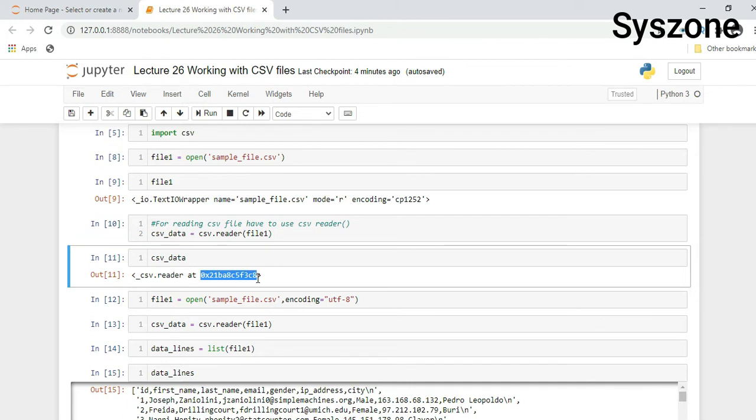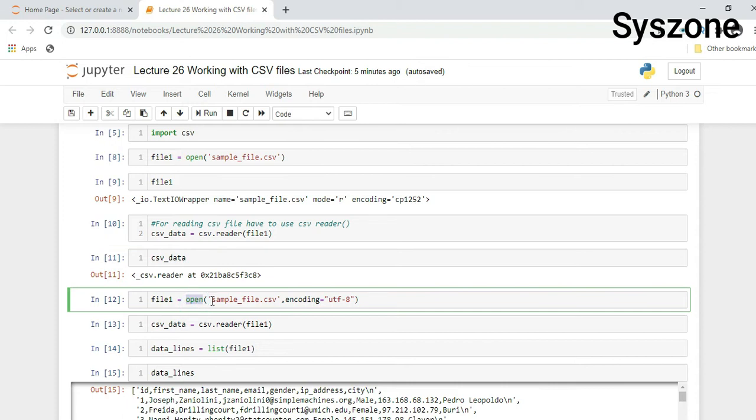Again we are seeing another parameter in the open function. We are opening a file, but here one more parameter is encoding, so encoding equal to UTF-8. It will open the file in the UTF-8 encoding format.